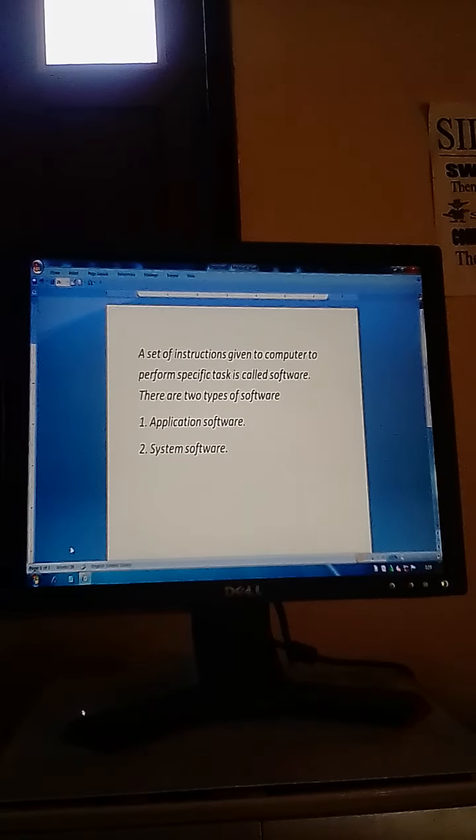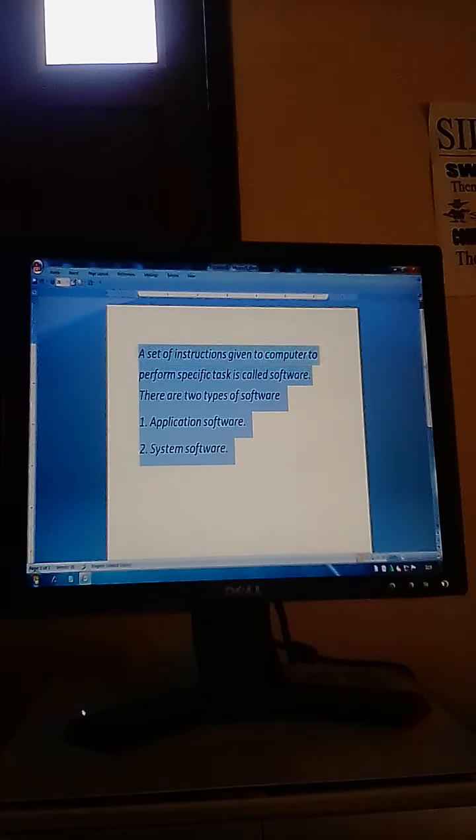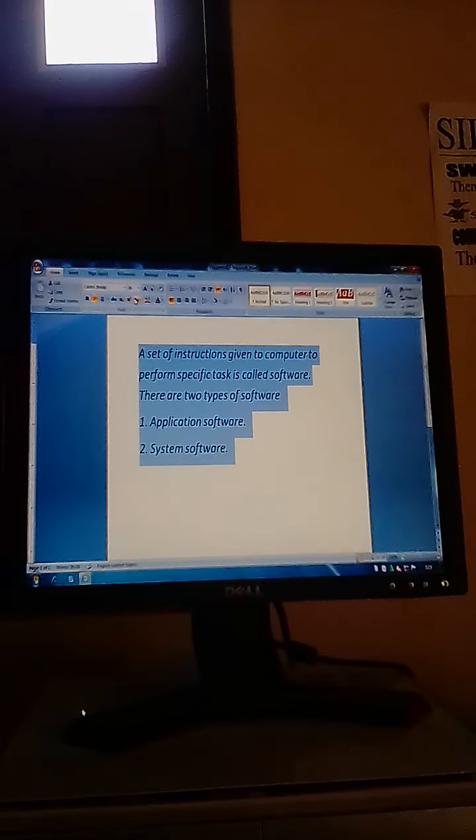So dear students, we are going to concentrate on change case. You can see that here double A is present, so this feature is known as change case.